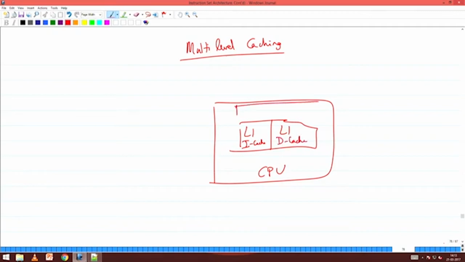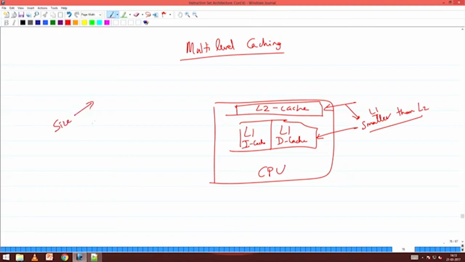Sometimes even on chip we will have one integrated cache which we call an L2 cache. Right? The L1 cache will be much smaller than the L2 cache. By being small, my access time would be fast. As the size of your cache increases, your access time also increases. So we keep the L1 cache very small,